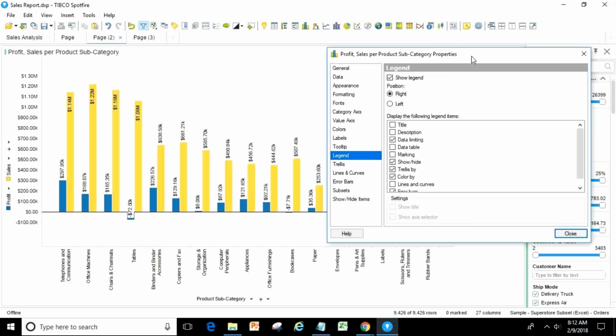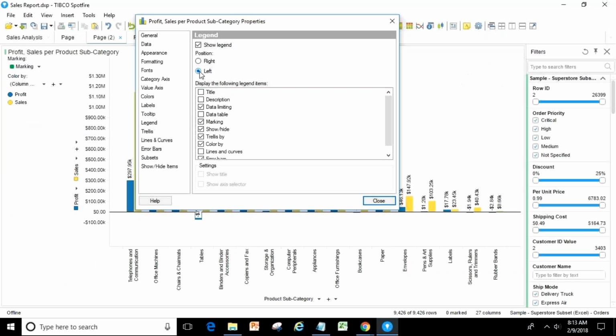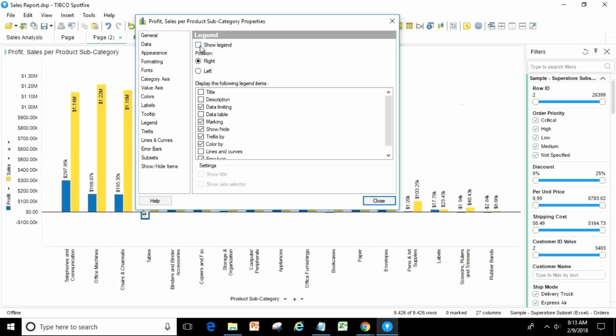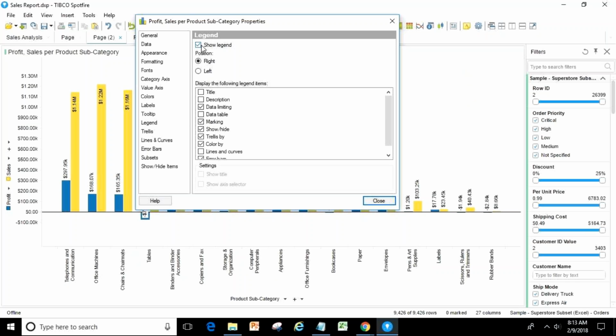Legends. Legends, as you know, this is called your legend. Under this, I need to show marking also. So marking and color by is important for now. So this is a legend which you can show on your right hand side or left hand side. It's your choice how you want to show, where you want to show. Show legend and hide inside. This is like unhide, showing, and this is hiding. Okay.